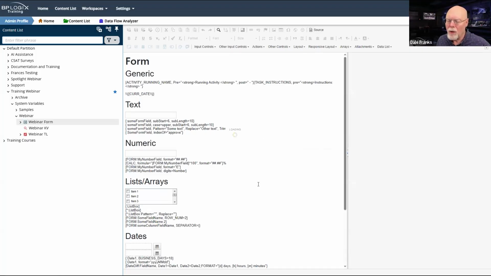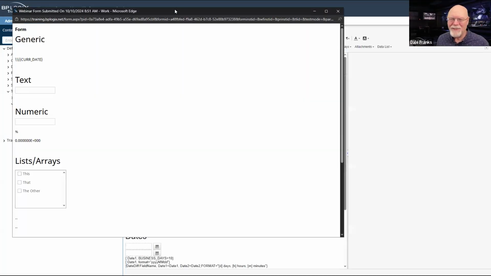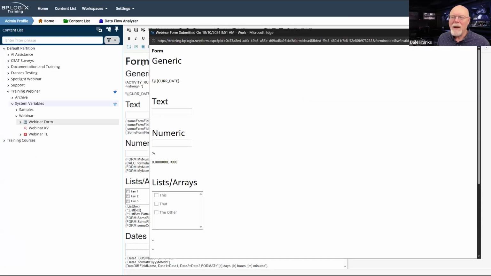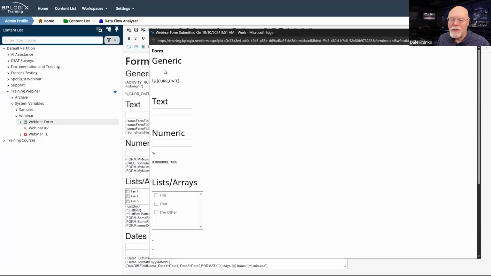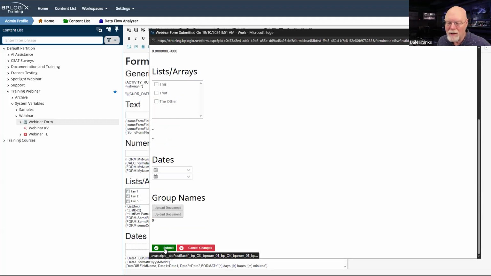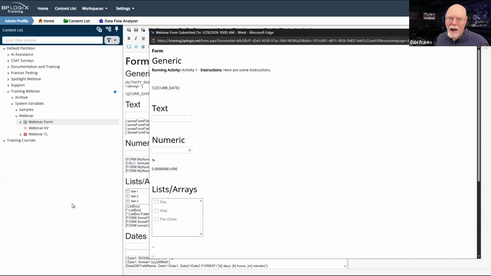or save and run the form, I guess, in this case, although the form has already been saved. There needs to be just a run button instead of a save and run button. But we have this form. We have not submitted it yet, so obviously there is nothing to show here below the generic text. So we'll just go ahead and submit our form. I have an activity that is assigned to me. It's activity 1. It's got some instructions in it.